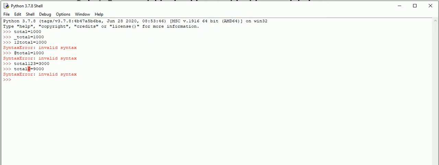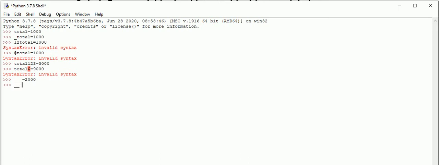Here is another special symbol used in the naming convention of variables. The special symbol is not required, and it is compulsorily prohibited to use it in a variable. That's why it also gives an error, invalid syntax. Now if I use something like underscore equals 2000, that is valid. A single underscore is also a valid naming convention.